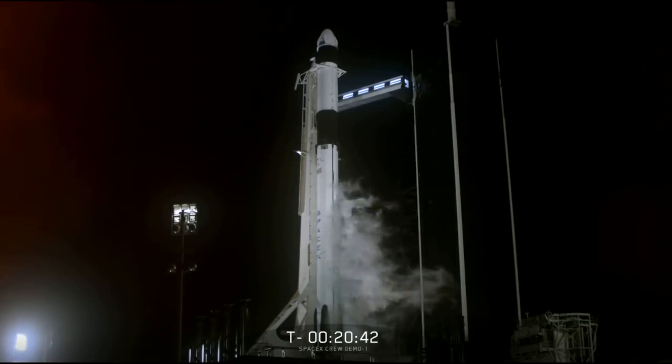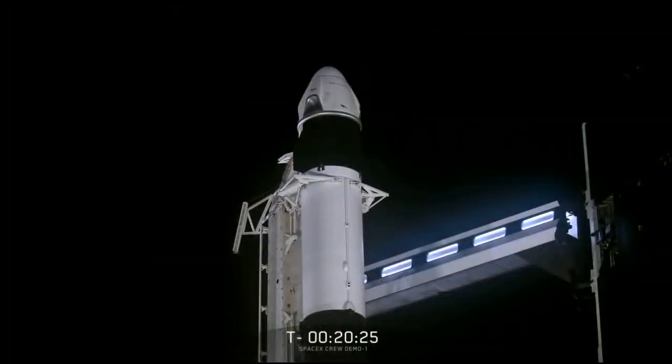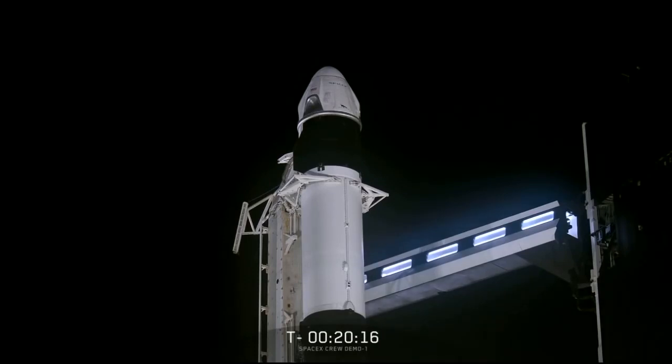Once the automated undocking sequence is complete, Dragon will execute 2 departure burns using its onboard Draco engines, pushing it away from the space station. And then next on its trip home is deorbit, entry, and splashdown, and that's going to cover all operations following the final departure maneuver, including the trunk separation, closure of the nose cone, a deorbit burn, deployment of the drogue and main parachutes, and then finally splashdown, at which point teams from SpaceX will move in and recover Dragon from